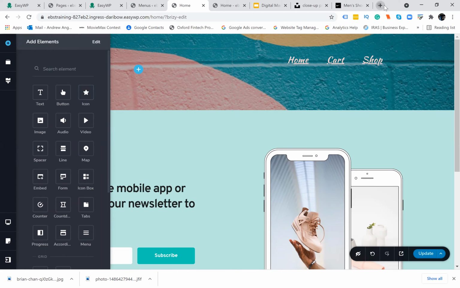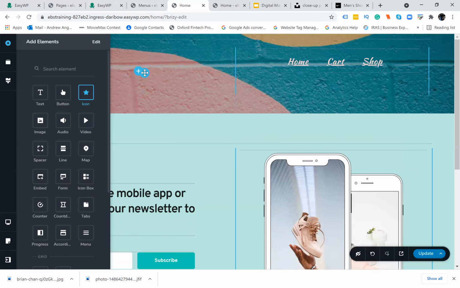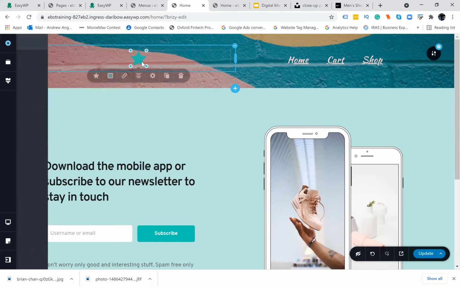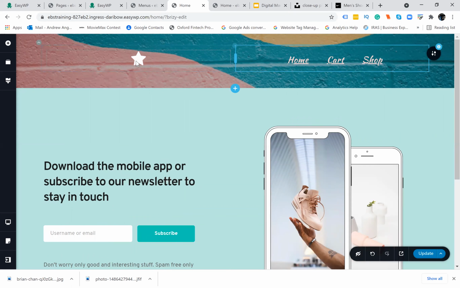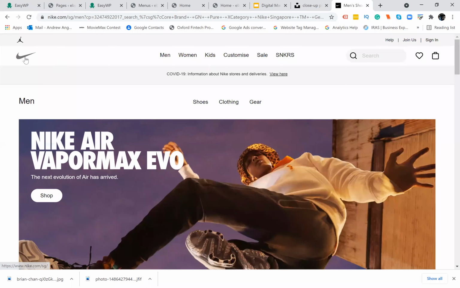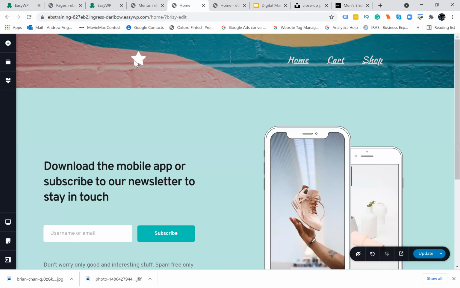So I just go to Canva. I know Canva. I'm lazy to upload any picture, so let's put an icon. You take it as my logo, okay? So it's a star logo. Then normally the logo should be, if I follow the Nike one, at the side, right? So I'll put it at the side. How I do that? You click on the icon and you put it, so it will be at the side. Now for the menu,